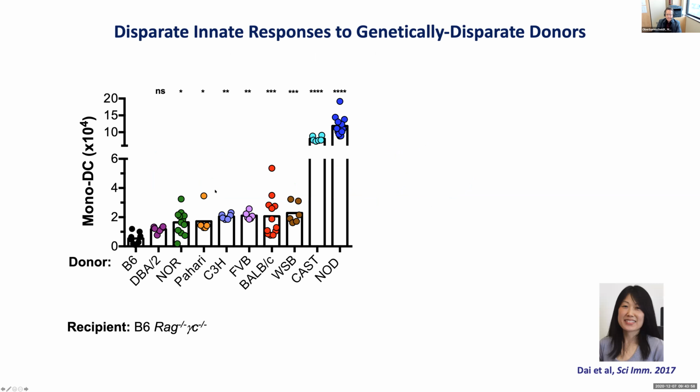And to study this, we screened a large number of donor strains and looked at infiltration with mono-DCs as the readout. And again, as the recipient, we used B6 RAG gamma chain knockouts devoid of any lymphoid cells. And when you compare the response to these different strains, some are wild-derived, such as the Pahari mice or the CAST mice. Some are known inbred strains like the C3H or the NOR and NOD mice and the BALB/c mice. You can see that the innate response to the various donors varies